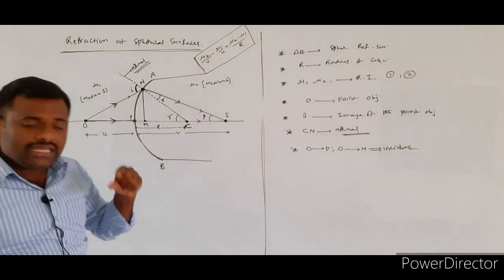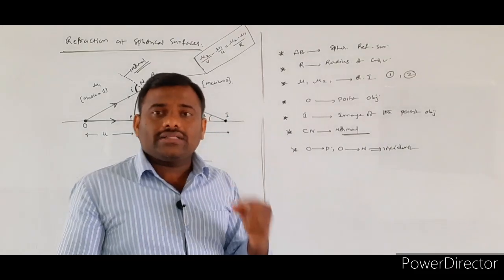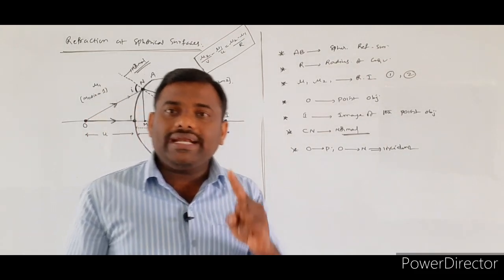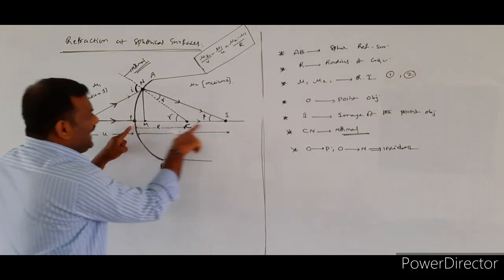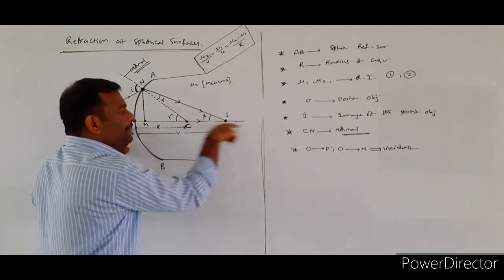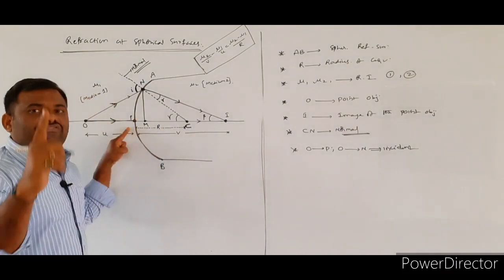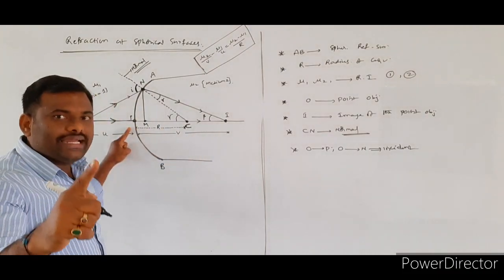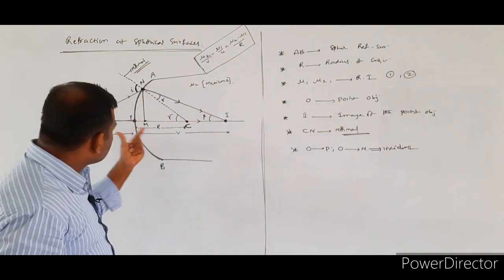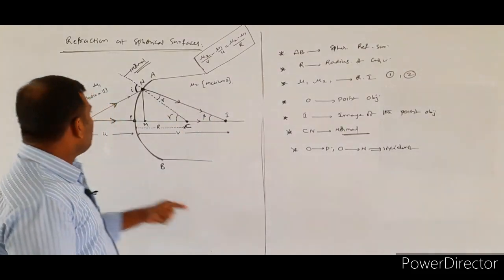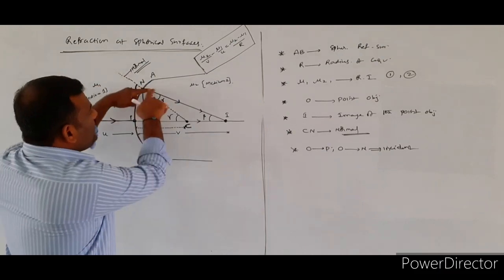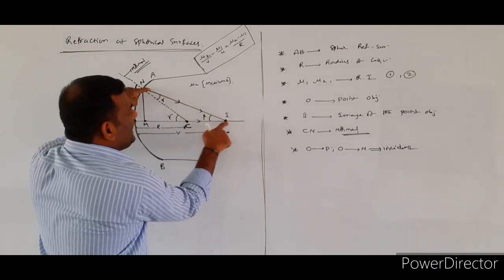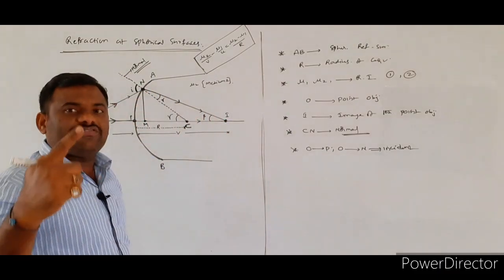So that whenever any one of the light rays is incident along the normal, that light ray should not be deviated. For the incident light ray OP, PI will be indicating the refracted light ray. This is the first refracted light ray. Next, for the incident light ray ON, NI is indicating the second refracted light ray.